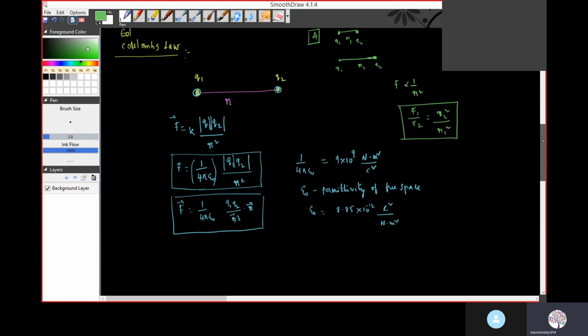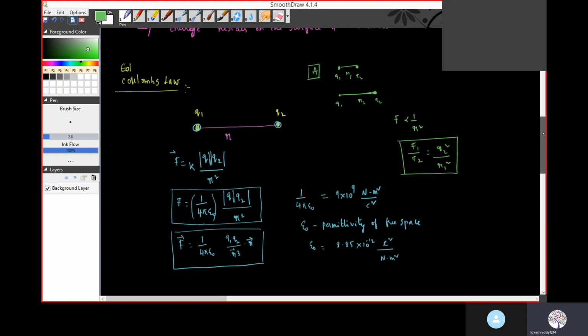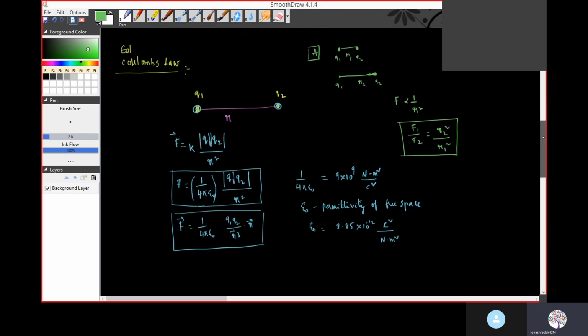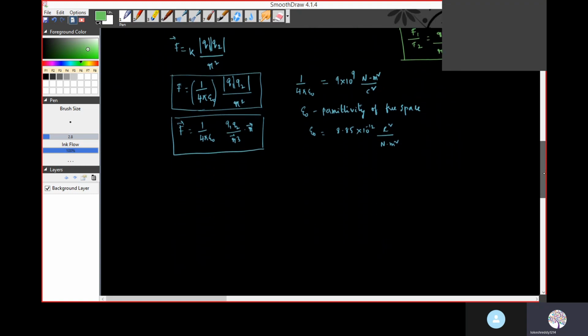Okay. Then we'll discuss some applications of how to apply Coulomb's law. This is for point charges. So if you have two point charges, then how do you calculate the force? Now, sometimes he will give you a question, application 2, where